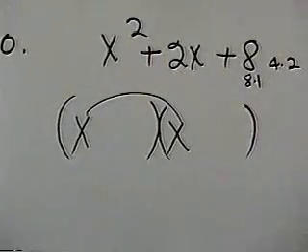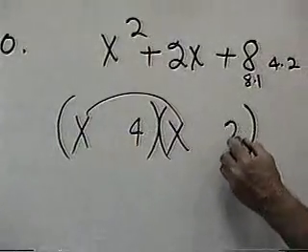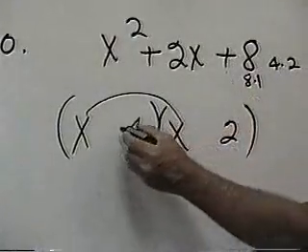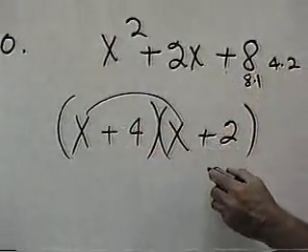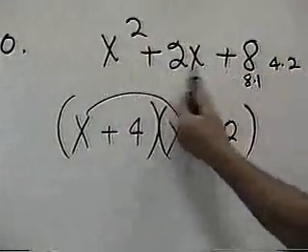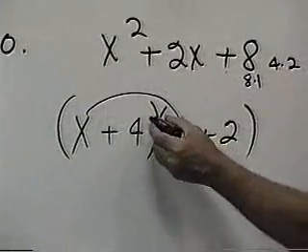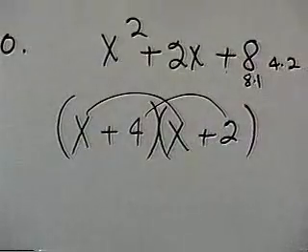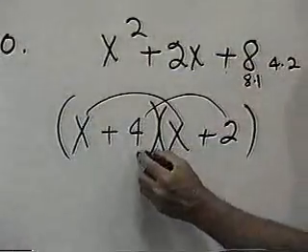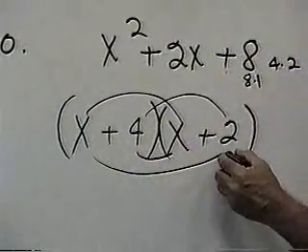All right, so if I put 4 here, 2 here, now that's a plus, so that means this either has to be 2 pluses or 2 minuses. Well, there's nothing that's minus in here, so it better be 2 pluses. All right, now watch. First times the first, last times the last. That's a plus 8. Checks. But watch. That's a plus 4x, and a plus 2x is a plus 6x. Does not